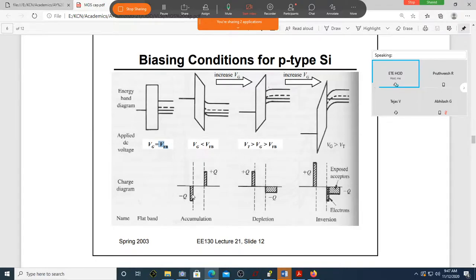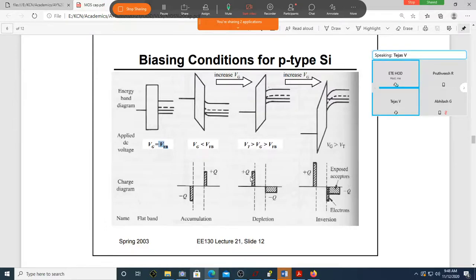So, do you have negative charges at the metal and oxide side? This is oxide, this is metal. At the interface, do you have negative charges because of VG negative? Do you have positive charges again at the interface due to holes here? How about this? You have applied some positive voltage. Can you see positive charges there again at the interface of metal and oxide? Correct?